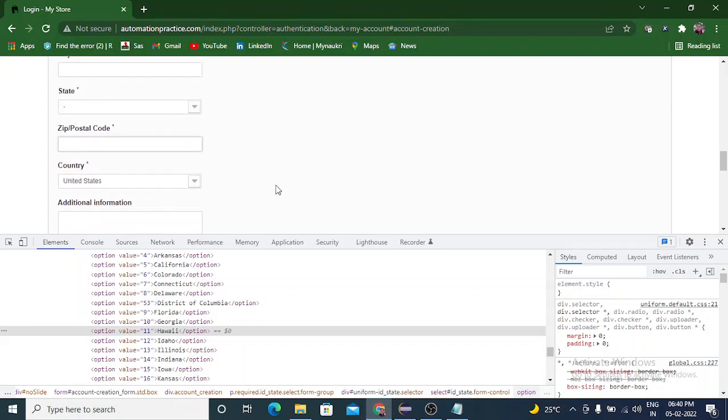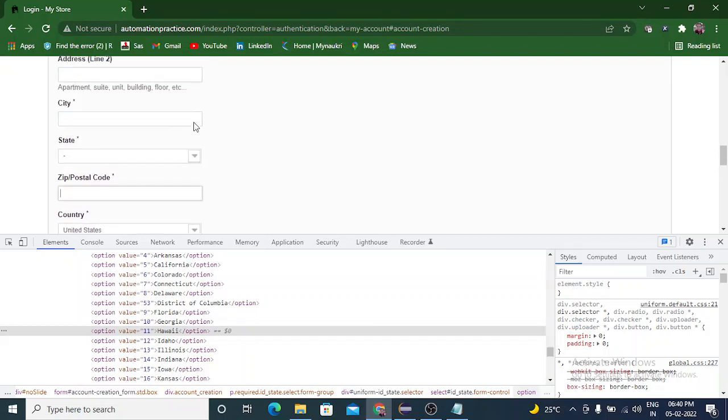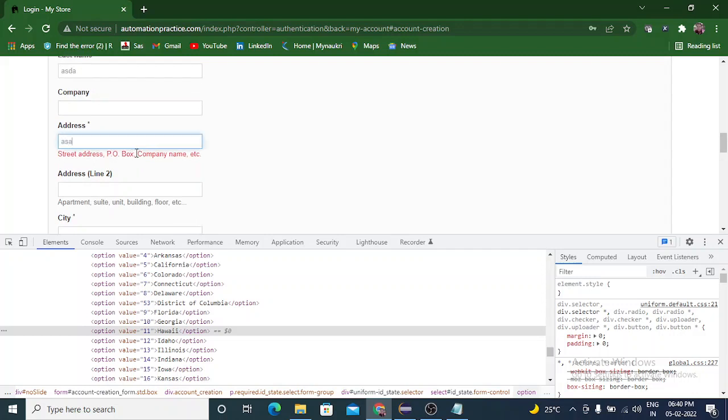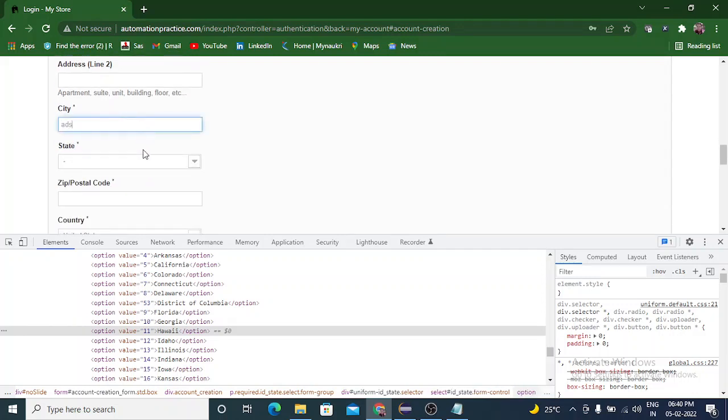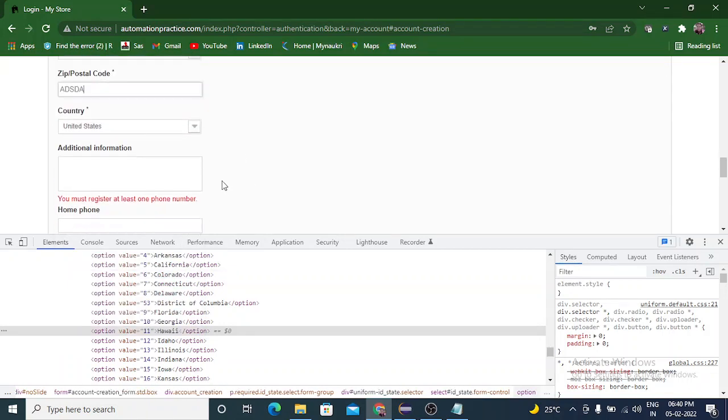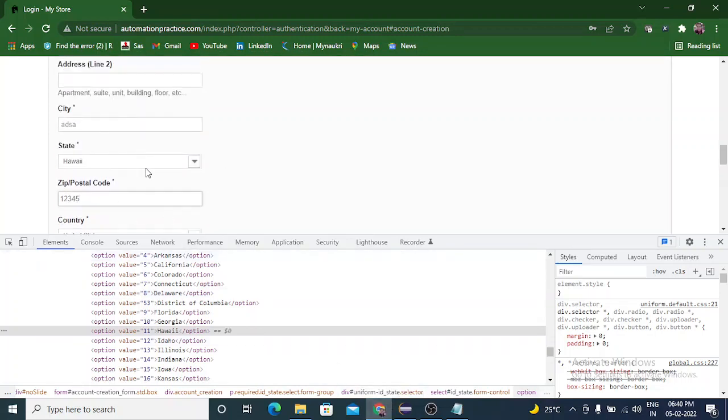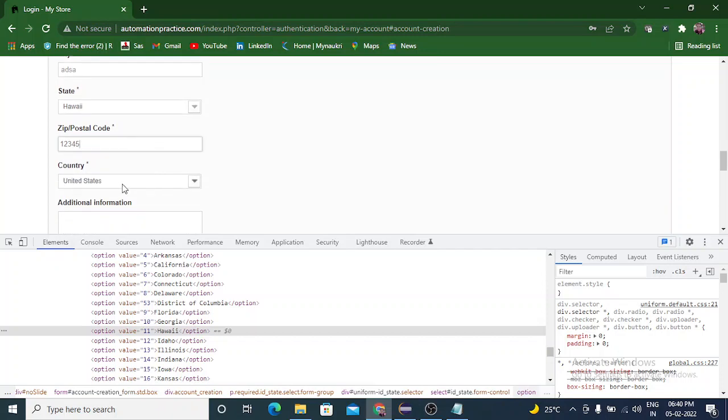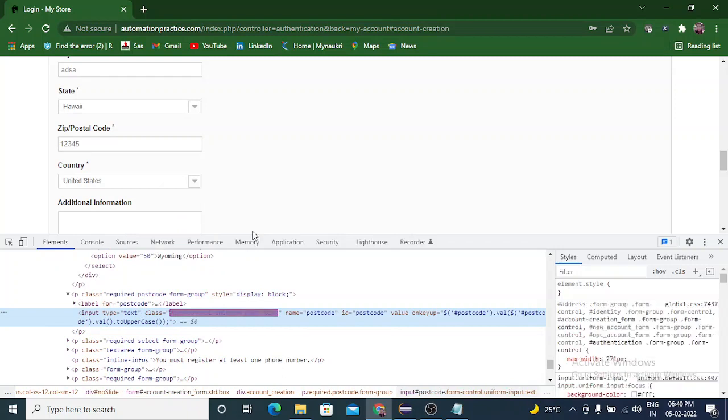So let's check if this is working. Sorry, postal code should be in number, and it should be a 5-digit number, because the country is USA. You need not automate this because it's already selected USA. So automate this one, the postal code, inspect.